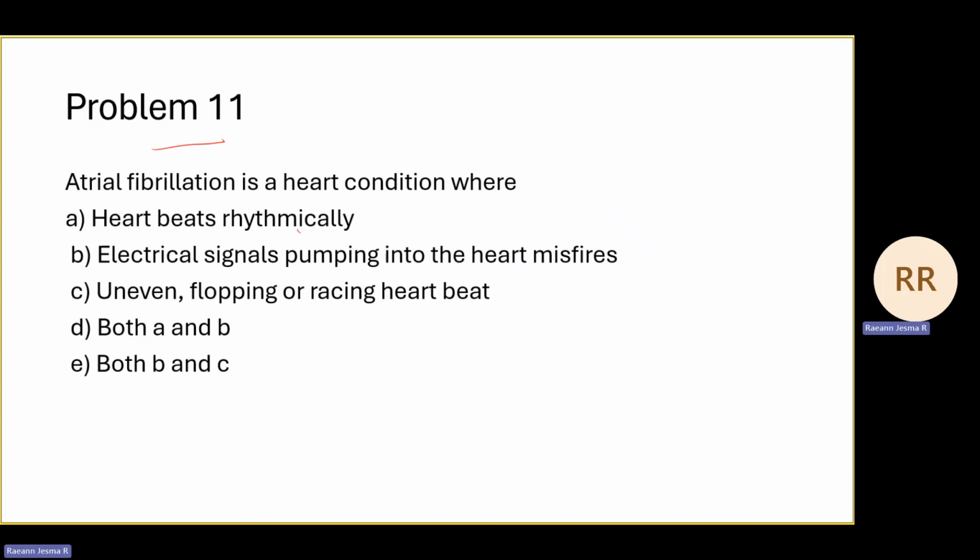Atrial fibrillation is when the heart is beating irregularly, and this starts in your upper chamber called the atria, so that is in the name itself. Since your atria is not pumping properly, it can lead to blood clot or stroke